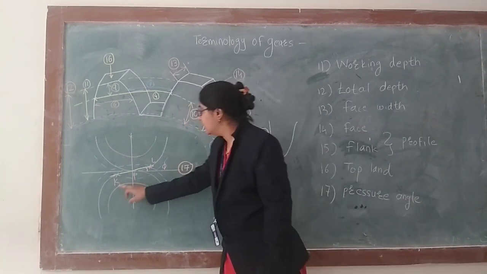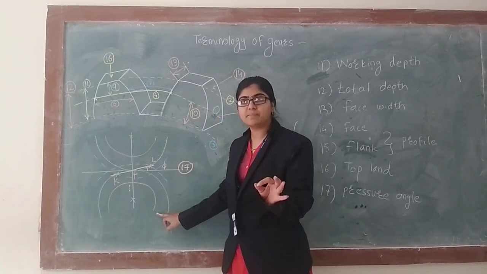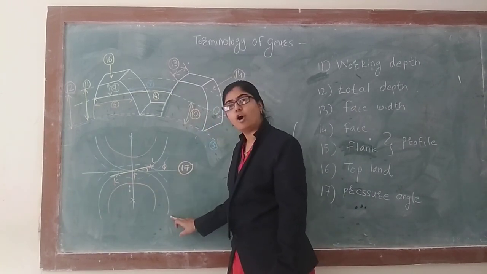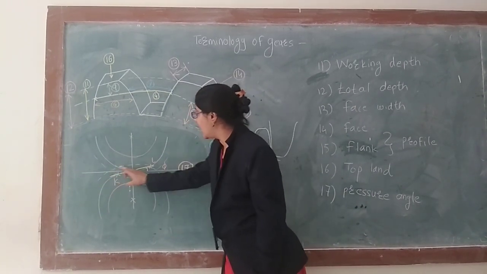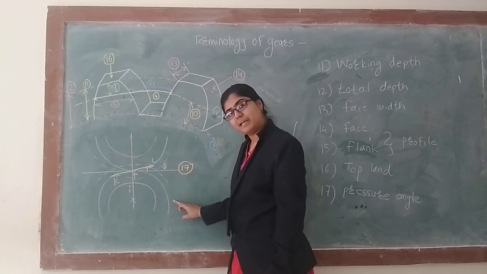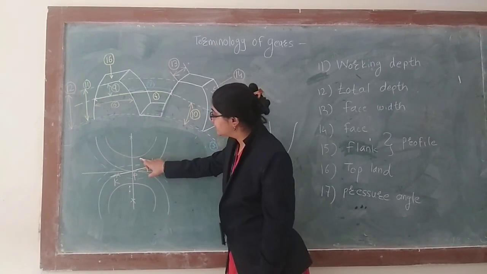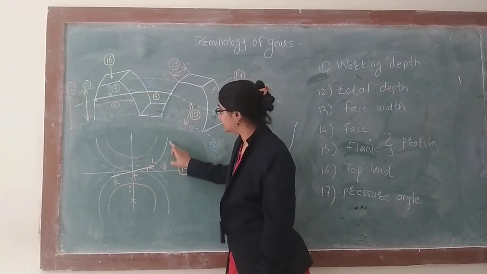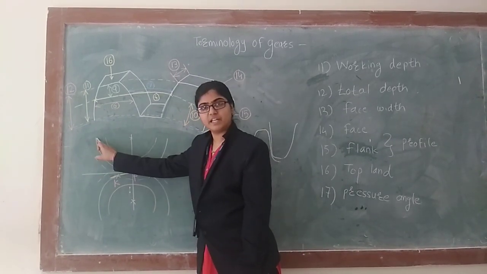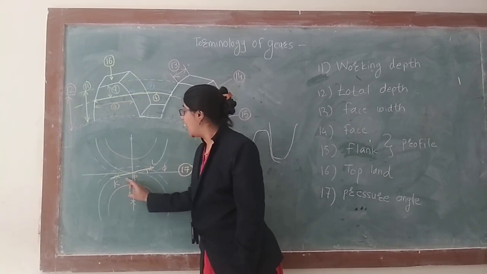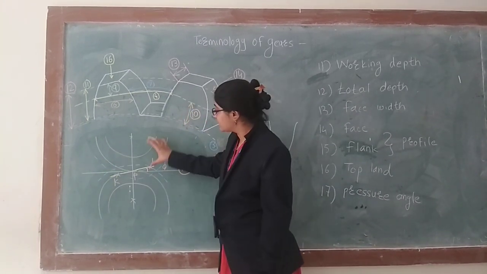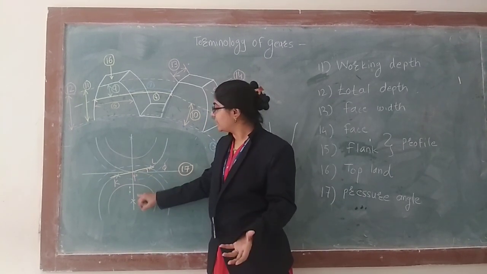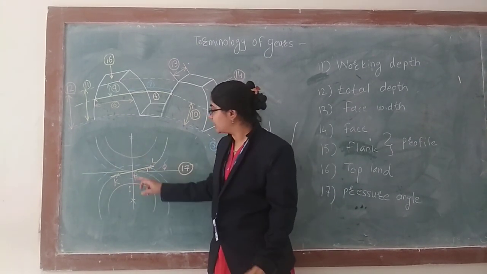This is the base circle or dedendum circle of the pinion. This is the pitch circle of the pinion, and this is the addendum circle of the pinion. Similarly, this is the base circle of the gear, this is the pitch circle of the gear, and this is the addendum circle of the gear. This intersection of pitch circles shows the pinion and gear are in mesh with each other, and intersection